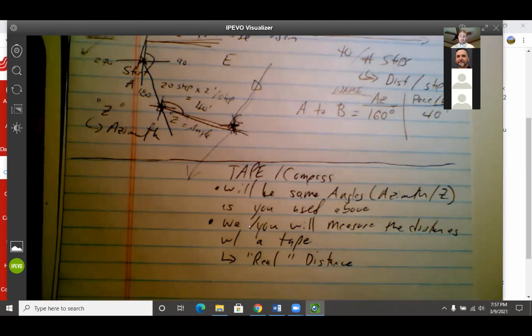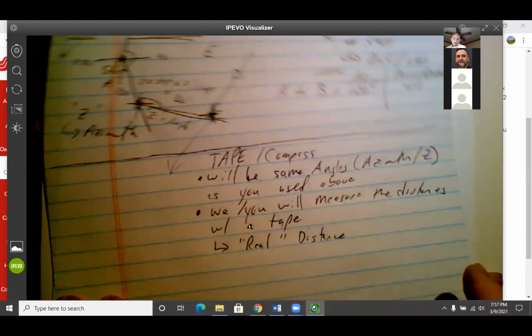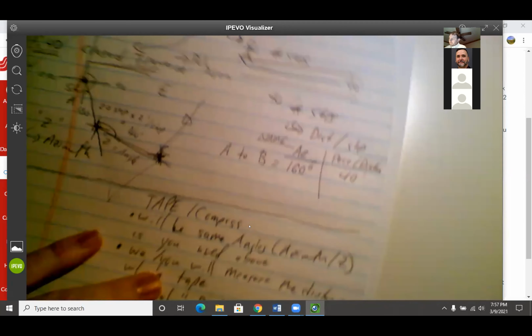So otherwise, the procedure for the whole tape concept is the same. The only thing that you're doing is you're just taping these distances off with a rollout tape. Points all stay the same. Your angles all stay the same. So if you were recording your field data,